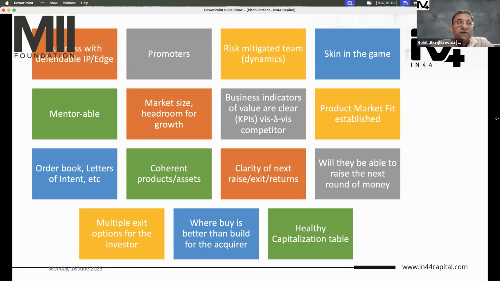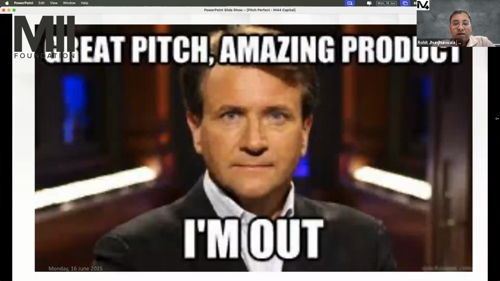What do they believe in? Have they invested in that space before? Are they bullish about the space? Even for VCs, go to the website, check out the thesis, understand what they are doing. Have they invested in similar companies in the past? Have they written some notes about that industry that you're a part of? Do a little bit of research on the VC side of things.